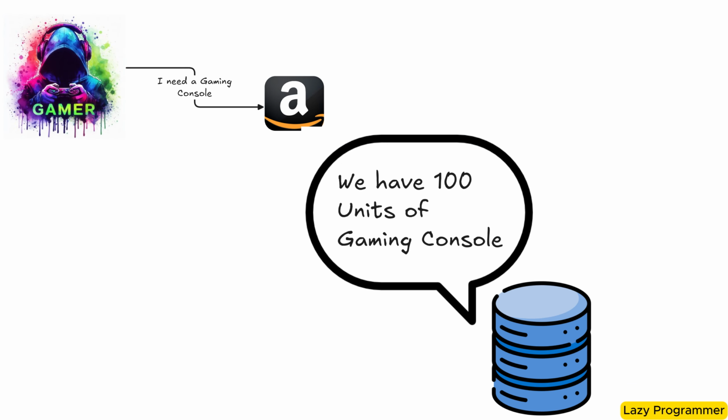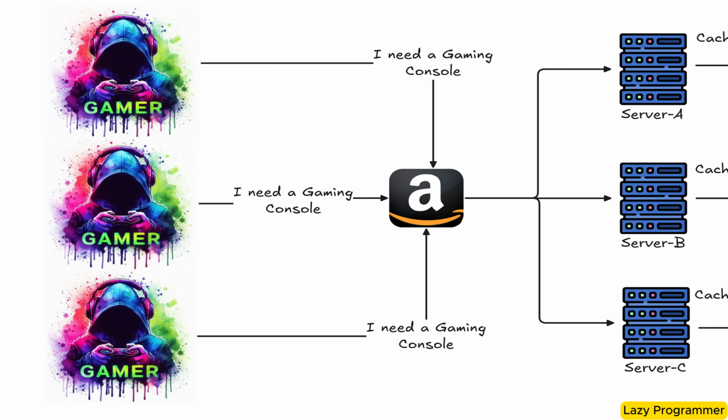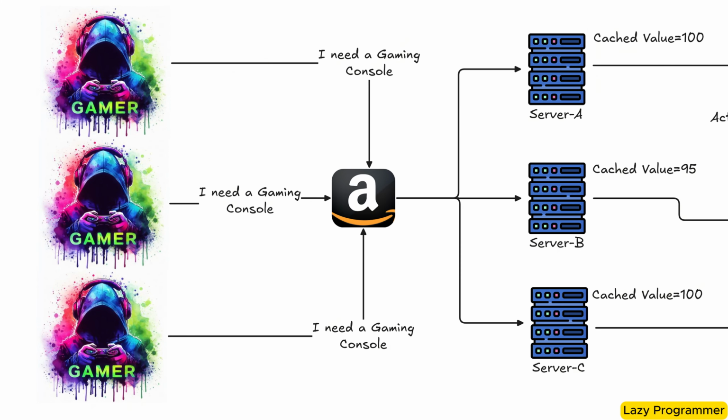The main database shows 100 units in stock. To make the website faster, Amazon caches this information across different servers. Now, when other customers start buying the console, we have a challenge. Over a period of time, when different customers buy consoles from different servers, that results in a mismatch in available